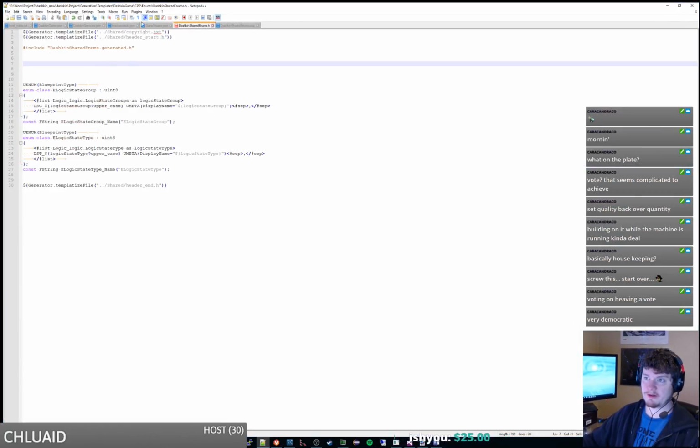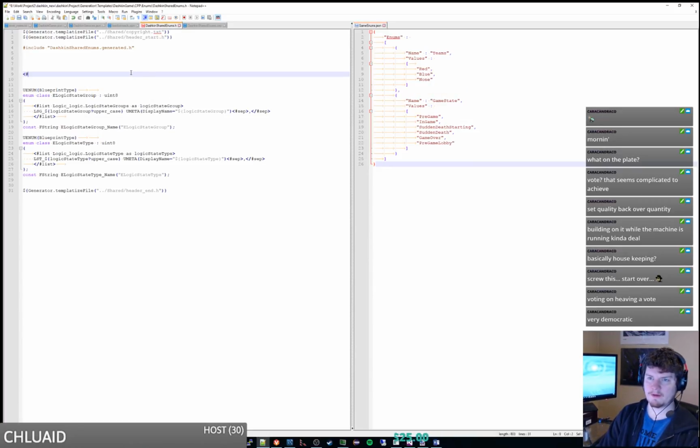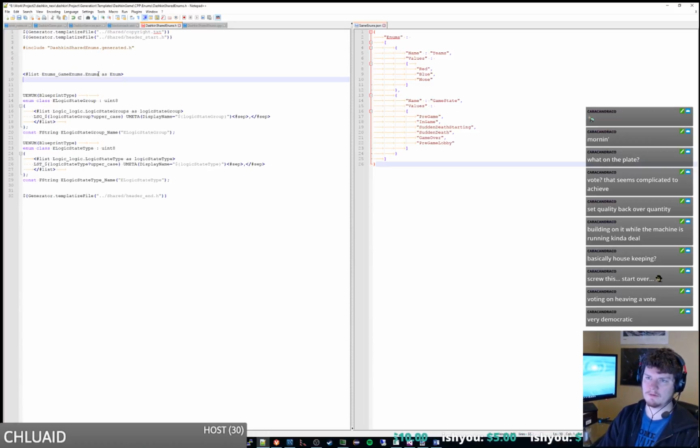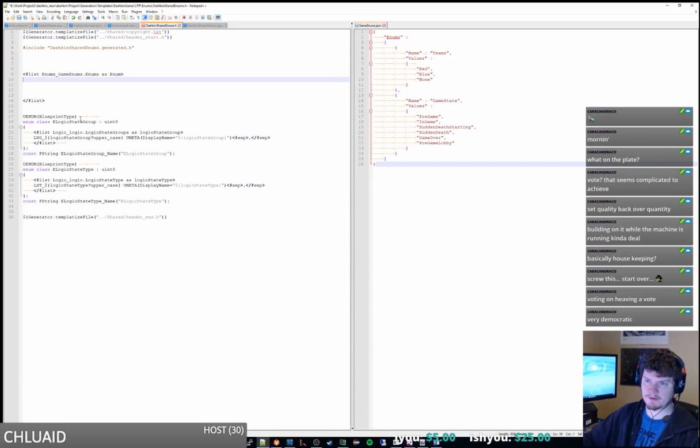Okay, so we got our shared enums, so when we do with this thing, it's going to be list. This is inside of, what's our path? Enums underscore game enums dot enums has enum. So for each one of these things, we're going to make a new